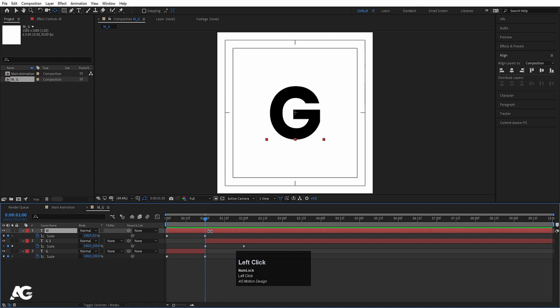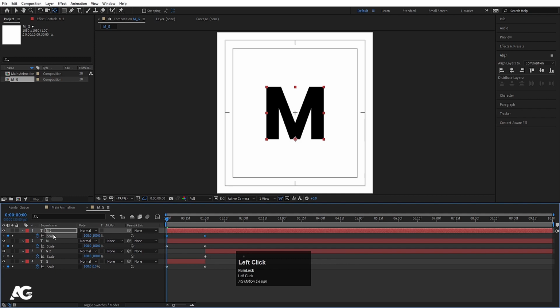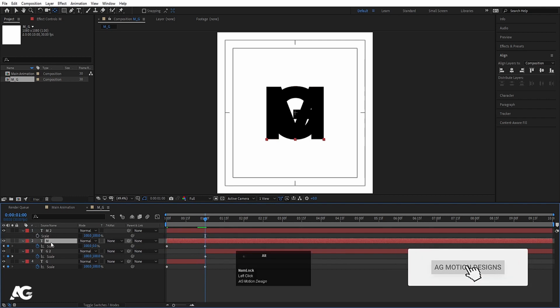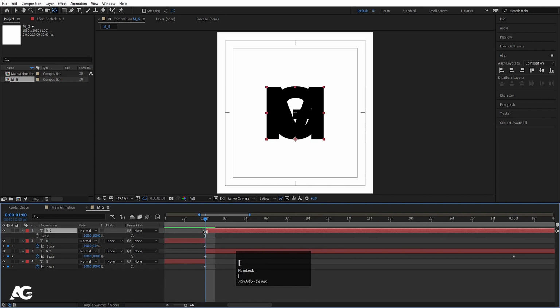Now we will select this M, go to the start, hit Ctrl D to duplicate it, hit U, and we are going to delete those keyframes like this. Let's go over here. I am going to select this M. I am going to press Alt close bracket, zoom in a little bit and let's trim this. Select this M and move this over here like this. Now initially I am going to make it 0,